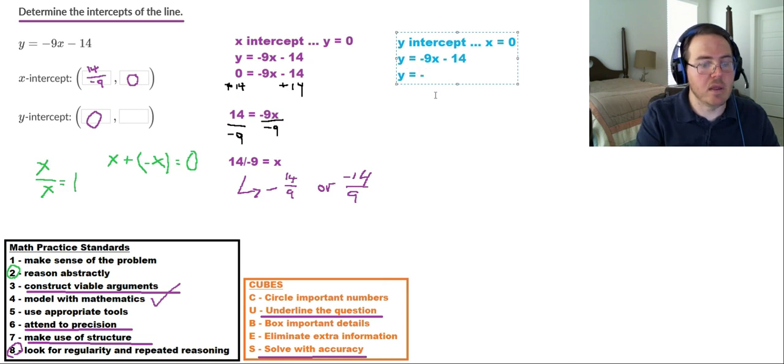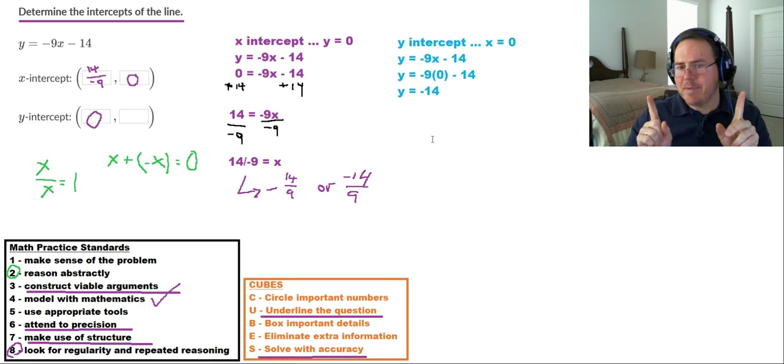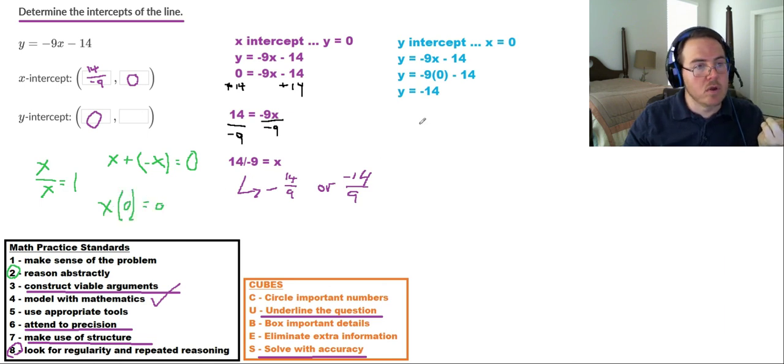So y equals negative 9 times 0 minus 14. Now, once we multiply, watch what happens. Negative 9 times 0 equals 0. I'm too lazy to write it. So y equals negative 14. And if I'm not mistaken, we are done with that side of the problem. Pretty sure 0 times anything, a little abstract math there. I'm hoping we all knew that one, but anything times 0 is just equal to 0. So y is just equal to 14, or negative 14, rather.